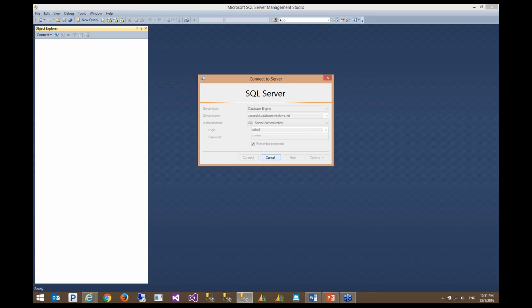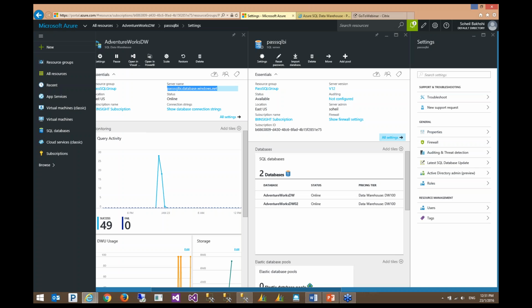Okay, as you can see, we are connected to my SQL Server, and as you can see, I have already predefined AdventureWorks and AdventureWorks DW02 that I newly created. So the next part of the demo is connecting from Azure SQL Data Warehouse to Power BI Service.